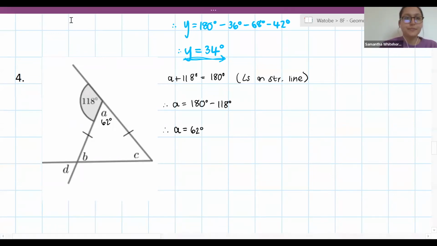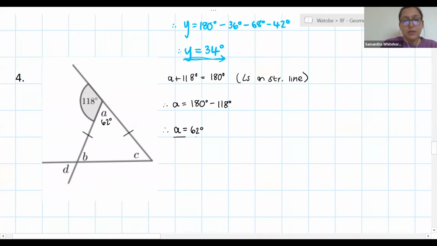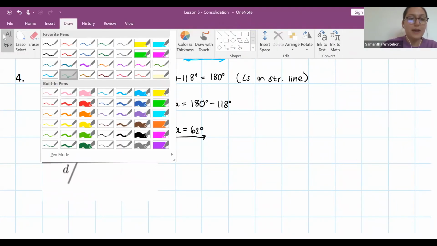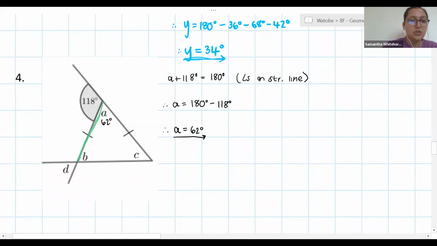Alrighty. That then means I've got some more information to help me work out the other angles. So the next thing I want to notice is that I've been given that 2 sides in this triangle are equal. So those sides that I'm highlighting in green are equal, which means I'm working with an isosceles triangle. Alternatively, we know that the angles opposite sides that are equal to each other. So what I know here is that angle B is equal to angle C because of angles opposite